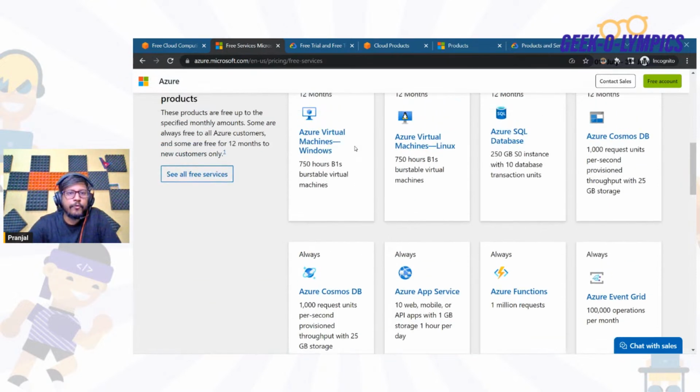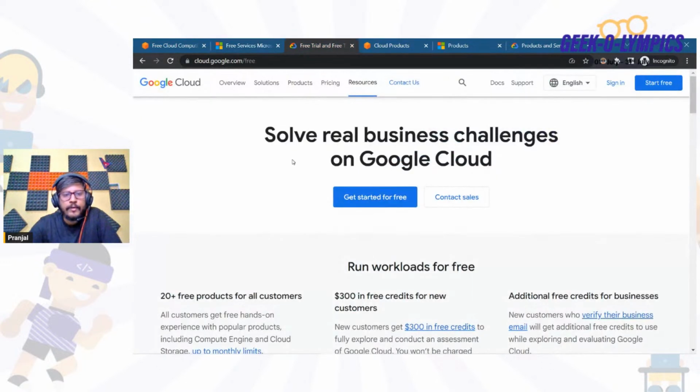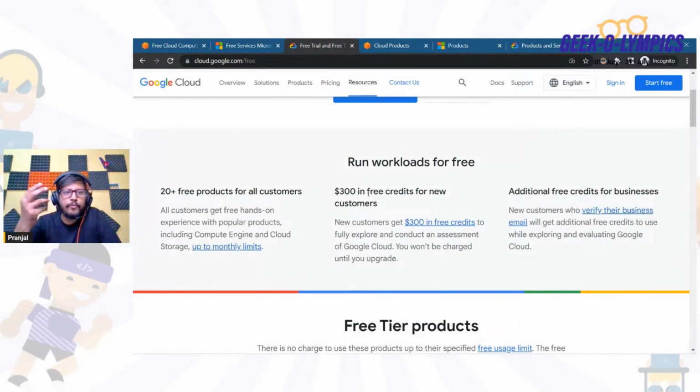If you go for GCP as well, they also provide around $300 of free credits. So if you are new and want to experiment with any services, you can start with GCP as well. If I have to conclude which cloud service provider you should go for: if you're a beginner with zero knowledge, it is very important to start with AWS. It is my personal opinion. If you are coming from a Windows background, you will find it easier in Azure. And if you are coming from a machine learning or data analytics background, it will be better to opt for GCP.